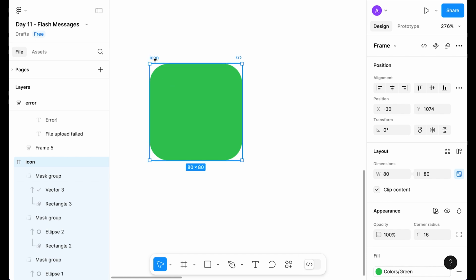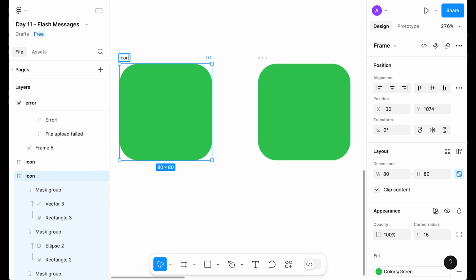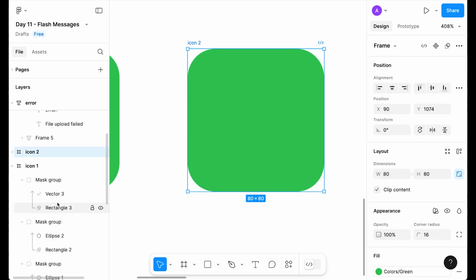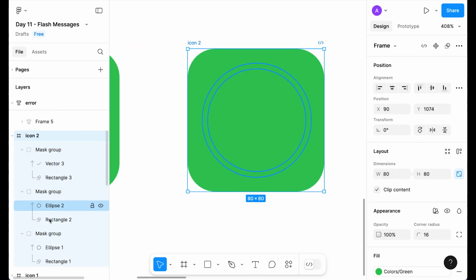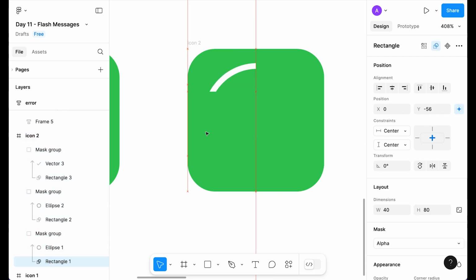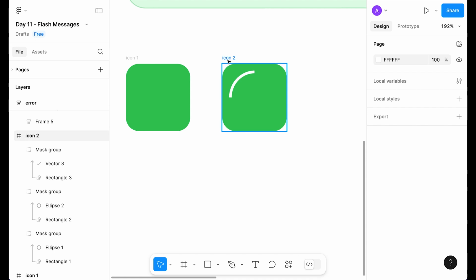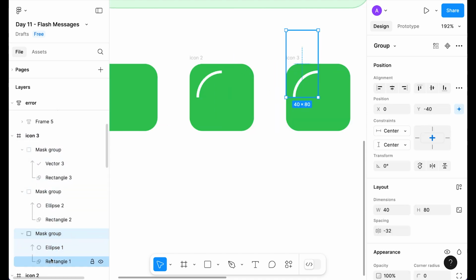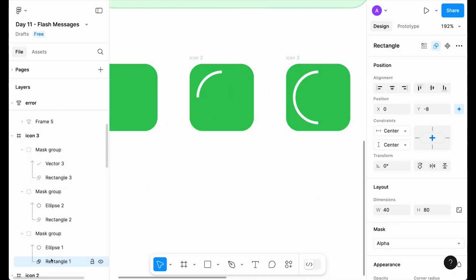Okay, and now let's simply duplicate this, rename this to icon 1. This one will be icon 2. So in icon 2, let's first select this, and here is our icon 2, and select this rectangle, let's bring it here. Okay, so half, and now simply duplicate and select rectangle, mask shape and make it half complete. Okay,